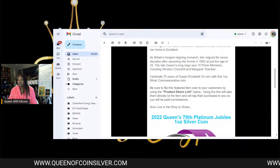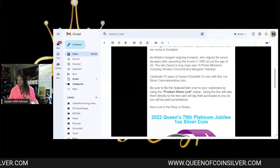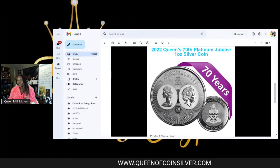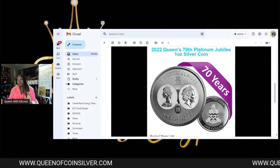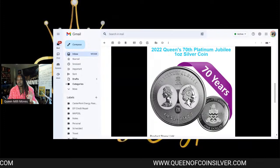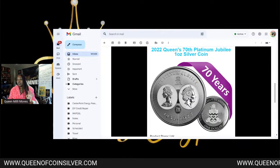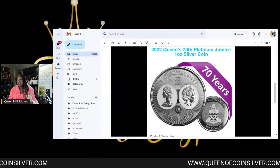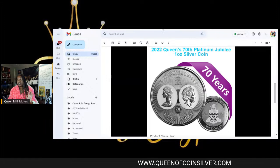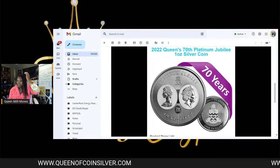1 ounce silver core commemorative coin. And so, yeah, this is it. Has Jubilee, Platinum Jubilee. It has her. And people, this is so symbolic because this is a portrait, or it displays her younger self and the older self, right? 70 years. And this is also a portrait or display of our currency system change,